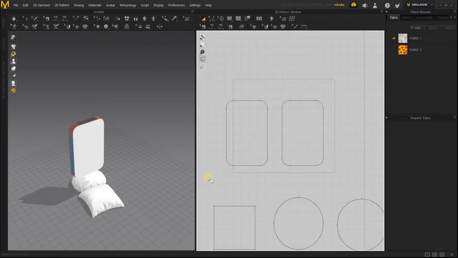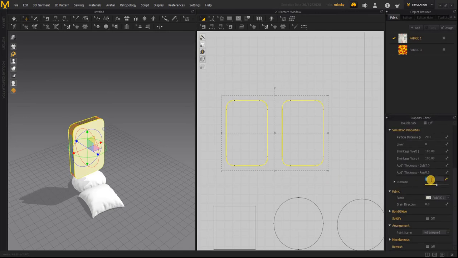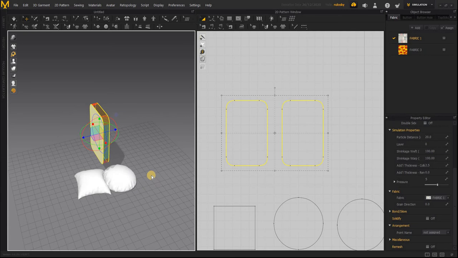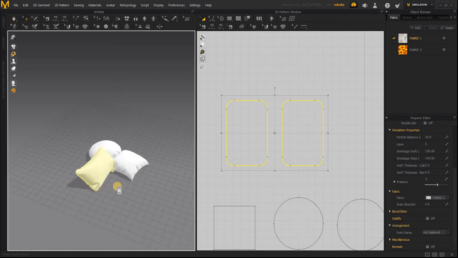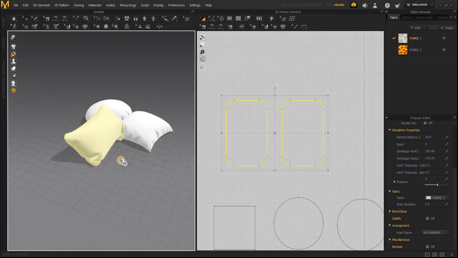Again, we can select these, add a pressure of 5, then you get a different type of pillow. I stopped the simulation, by the way. I will start it again. And then you can select the pillow and move it around to place wherever you want it. If you want it on top,